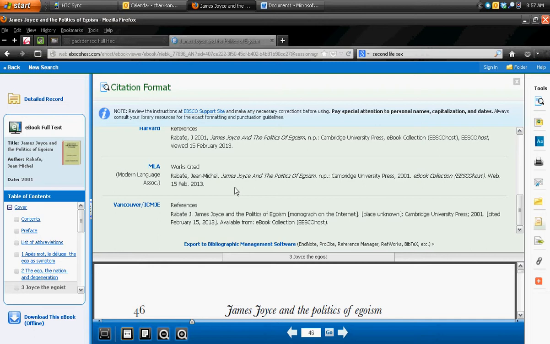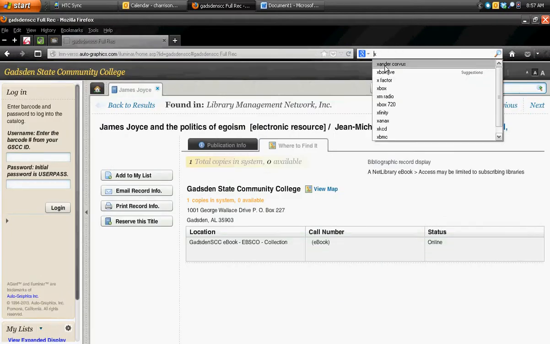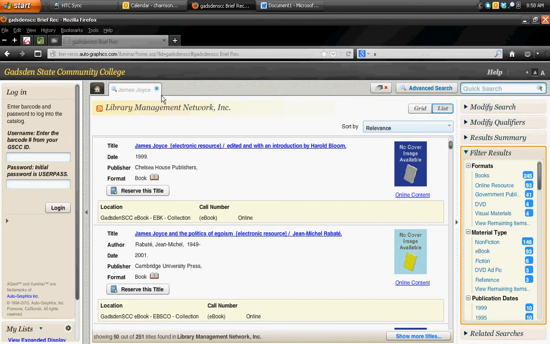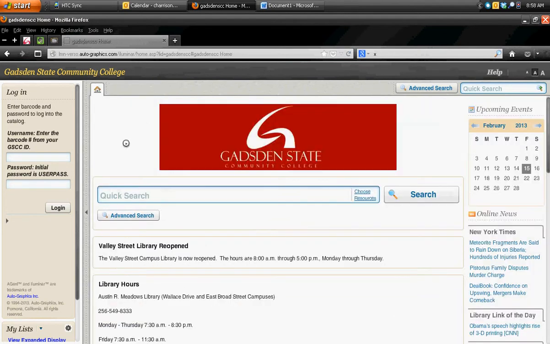So that's basically how you would look up a book, and that's just our simplest, easy source, the go-to source, the fundamental source for a library. So let's see here. Now, let's go back and look for a few articles, shall we? Go back to our results. I'm going to start over again, and I'm going to use a different search term this time.